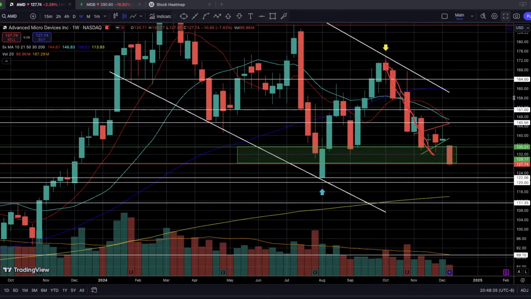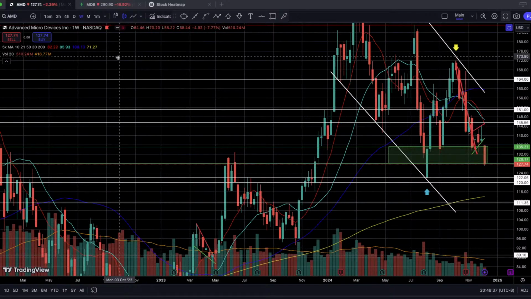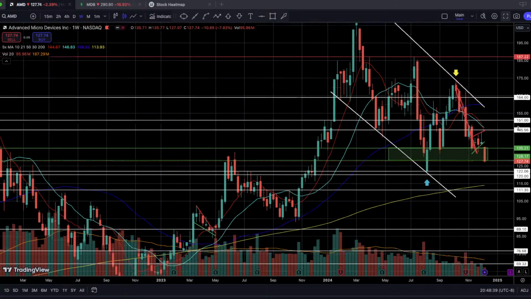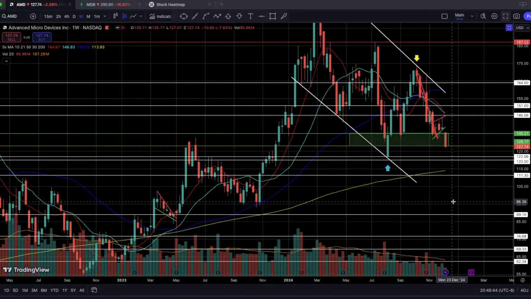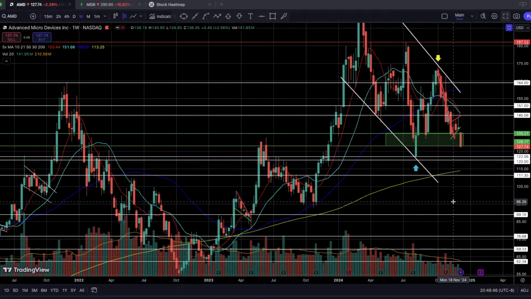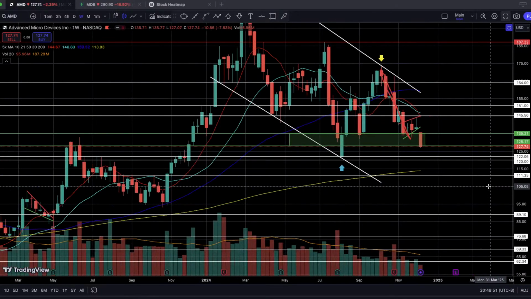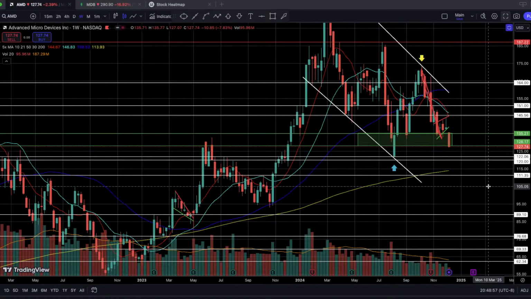So now for the longer term. A lot of people are thinking that AMD is going to go back down to that triple-digit whole number level, that psychological level of $100. I don't think that's gonna happen, especially when everyone is thinking that, because everyone's so bearish on AMD right now. I think AMD has provided enough fundamental value that it shouldn't be valued at anything lower than $100 per share. That's just my own personal opinion.